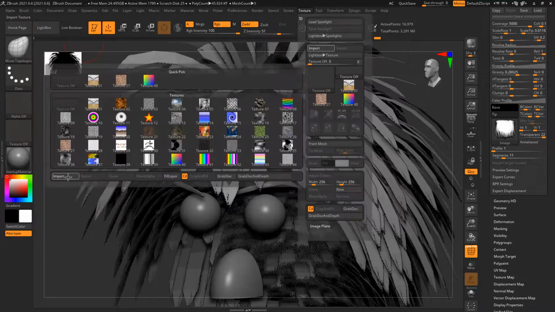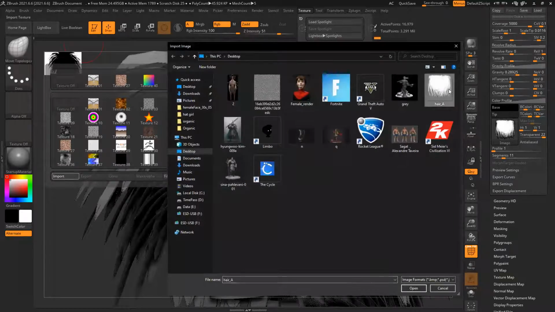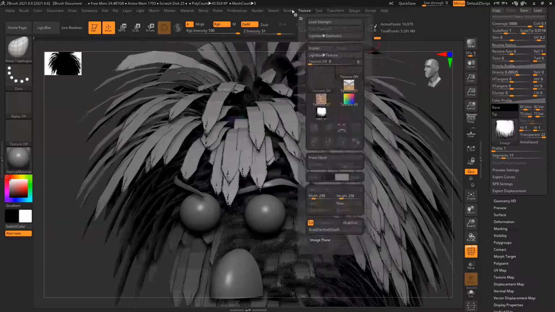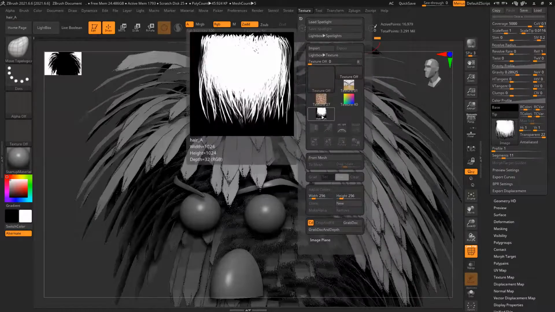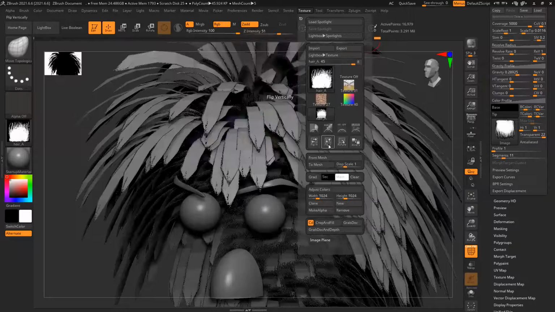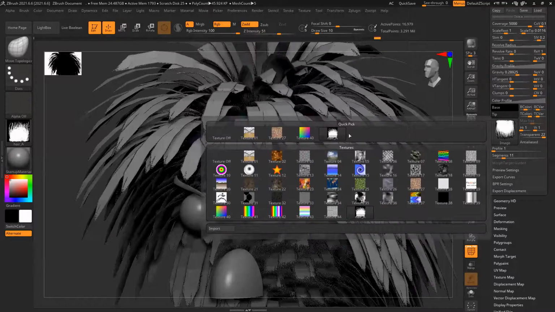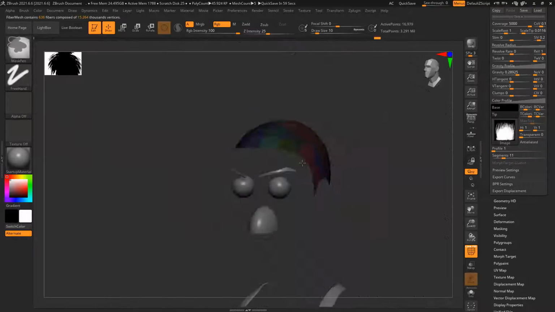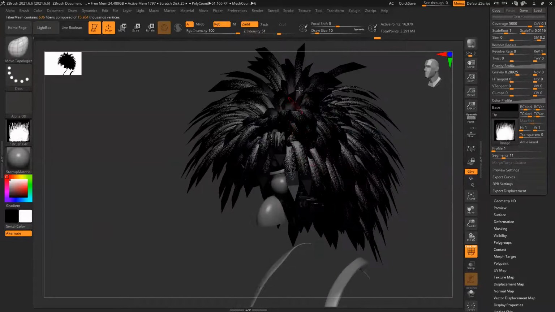Texture, import. Texture, vertically flip. And let's see. Yes, now it's better. See? Now it's correct.